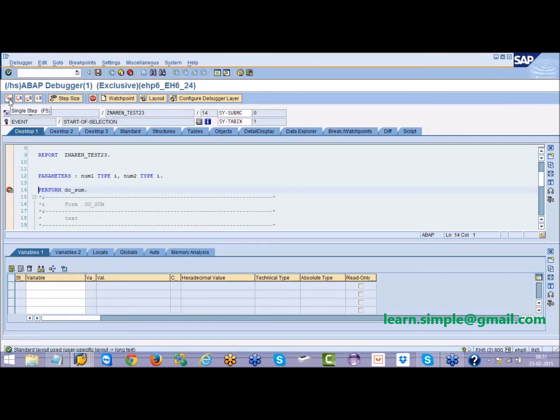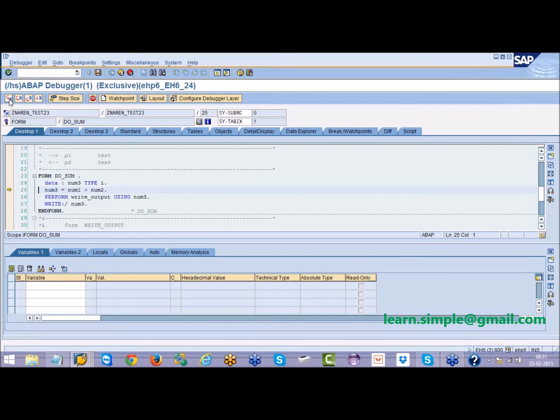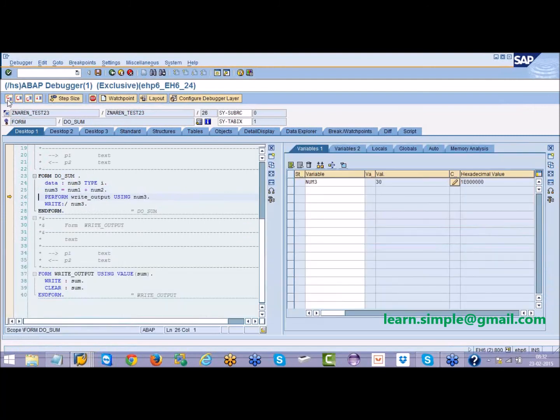Now if you see, I am passing this num3. Num3 is 30, right? So that 30 I am passing to this subroutine. Whatever the value is there in num3, that value came into this sum.